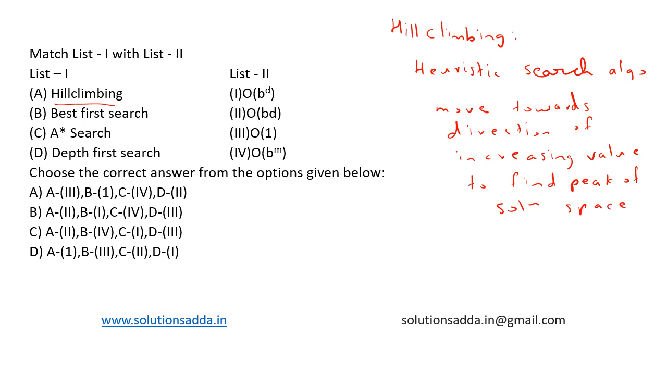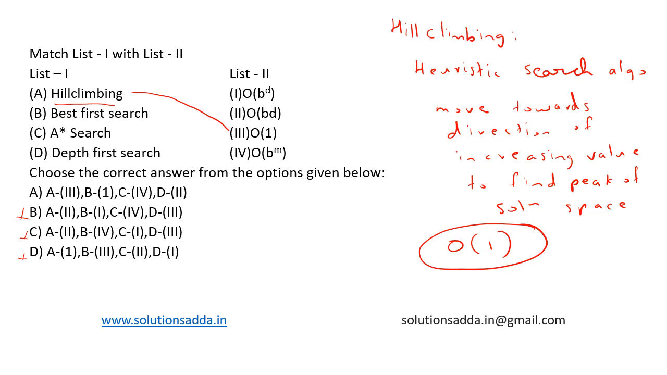So the options here are dealing with space complexity. In hill climbing, we need to keep track of the current state and a small number of neighboring states for comparison. It does not store all previously visited states, leading to a constant space requirement. So it requires only order of 1 space complexity. So A maps with 3. Now from the options itself, we can say B, C and D are already eliminated, but let's see the rest of the